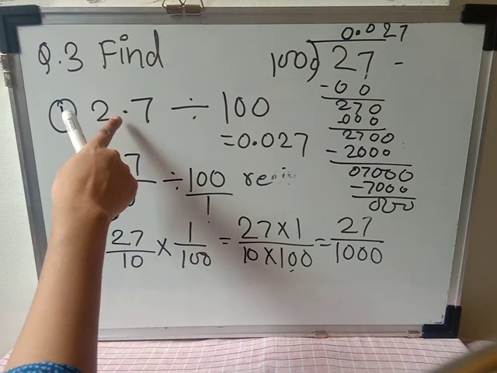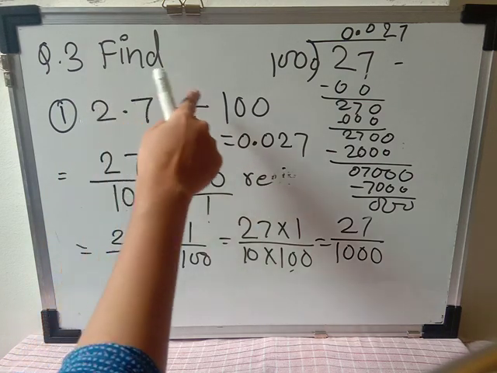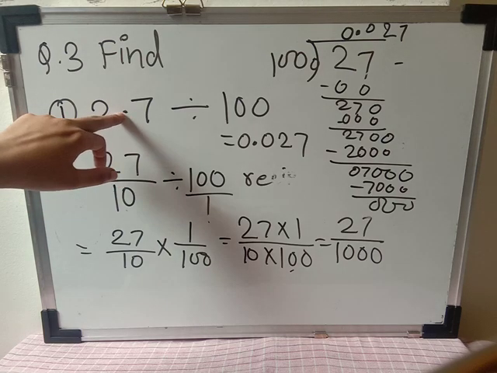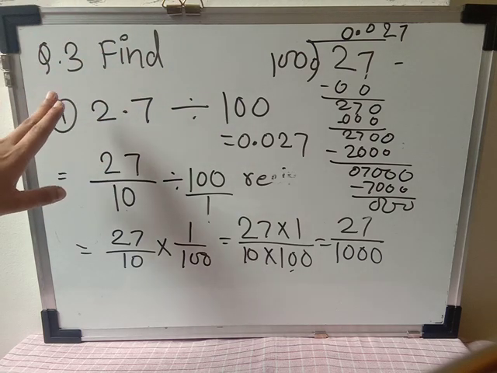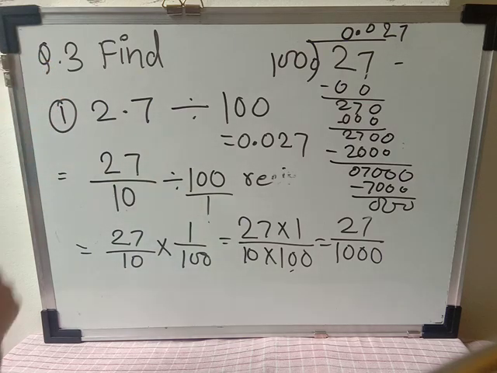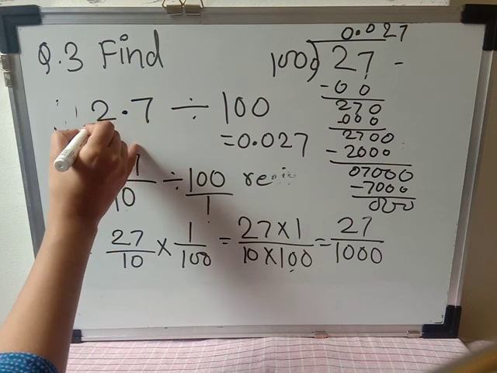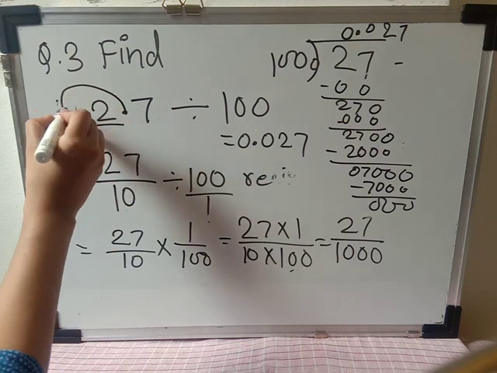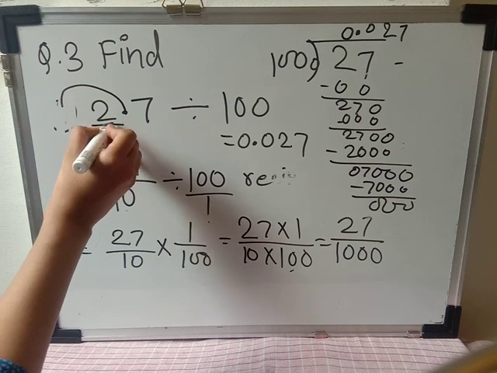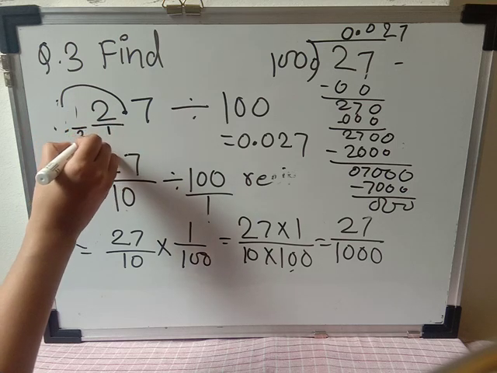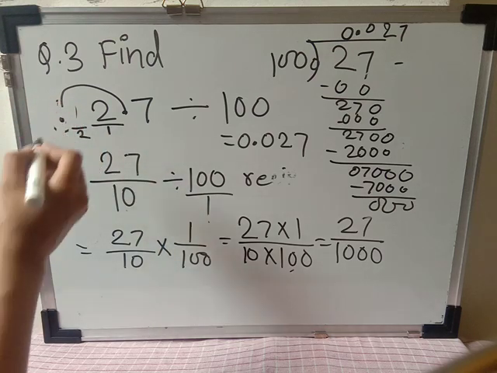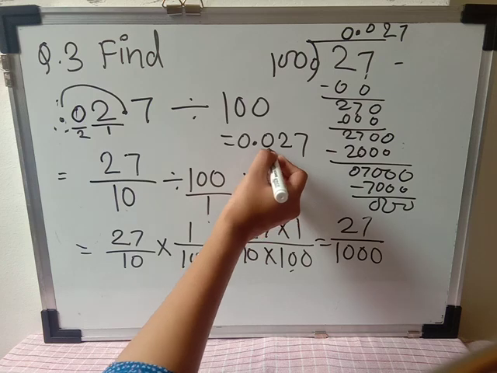Now student, let me remind you, in the previous session I explained to you that whenever you are multiplying any decimal number with 100, the decimal point moves to the left side by 2 digits. Okay, so here in the example let's see, before the decimal only one number is there. Now this decimal moves 2 places. Here one place, okay, this is one place, and this is the second place, and here is the decimal. Now on the second place nothing is there, it means 0.